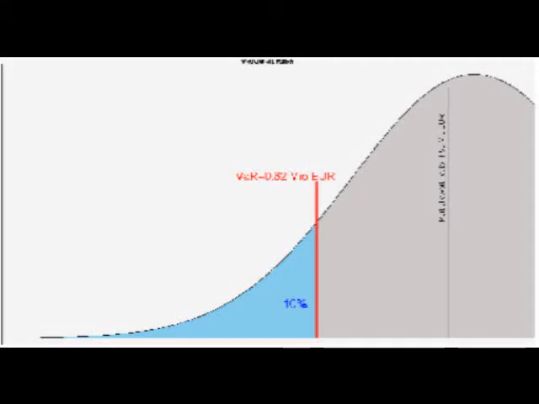Value at risk, financial risk management in Python. Value at risk, VAR, is a tool for measuring a portfolio's risk. Value at risk, VAR, is a measure of the risk of loss for investments. It estimates how much a set of investments might lose, with a given probability, given normal market conditions, in a